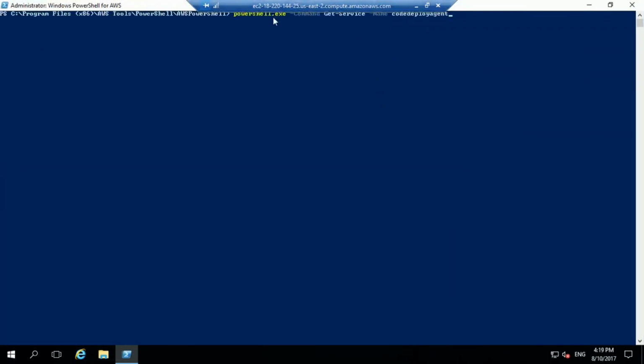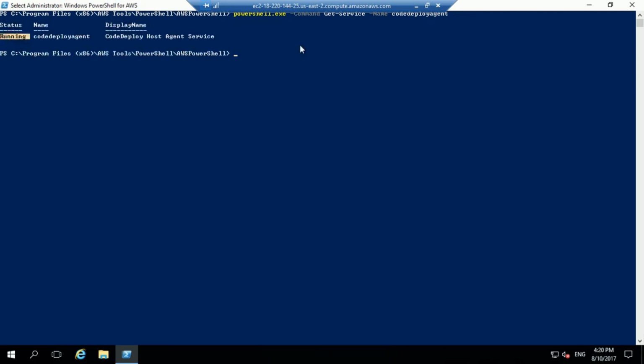The command is PowerShell.exe and the command name will be Get-Service, which will check whether the CodeDeploy agent is installed or not. So let's check that. It will show the status of the CodeDeploy agent. So let's wait for this command to be executed. Here we can see that the CodeDeploy agent is running. So we can move ahead with the deployment process.